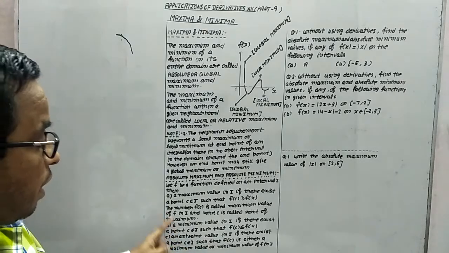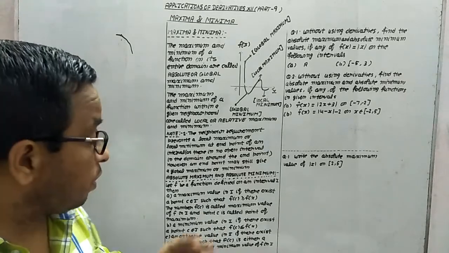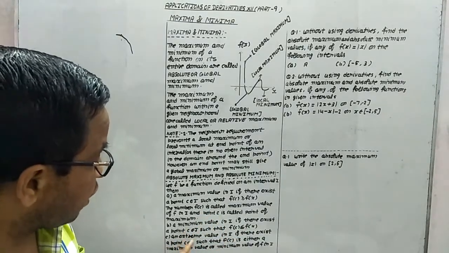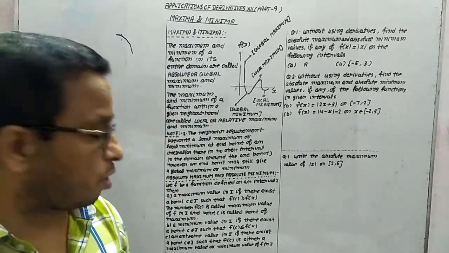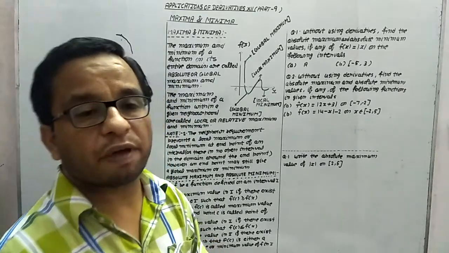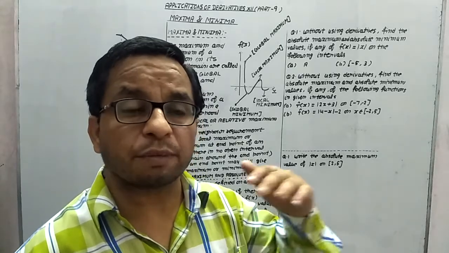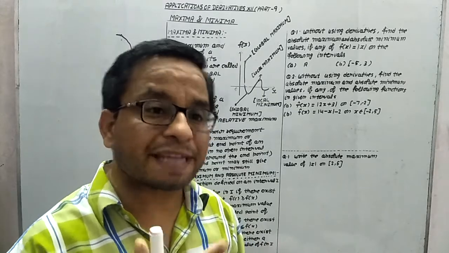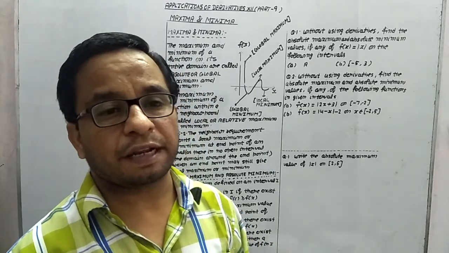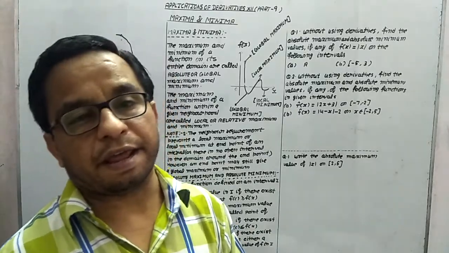Next point, an extreme value in I. What is the meaning of extreme value? If there exists a point c belonging to I such that f(c) is either a maximum or a minimum value of f in I. It means हमें या तो वहां बिल्कुल मैक्सिमम वैल्यू मिल रही है, मिनिमम मिल ही नहीं रही है, या मिनिमम मिल रही है, मैक्सिमम ही नहीं मिल रही है, then it is known as the extreme value of f in I.